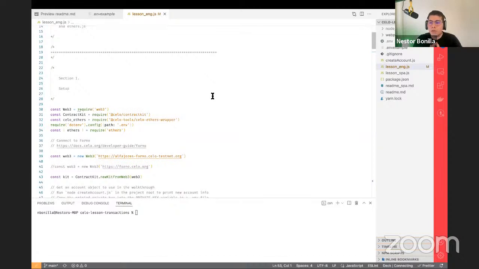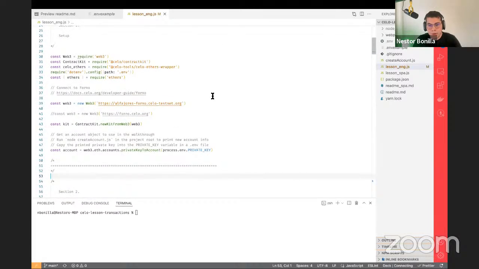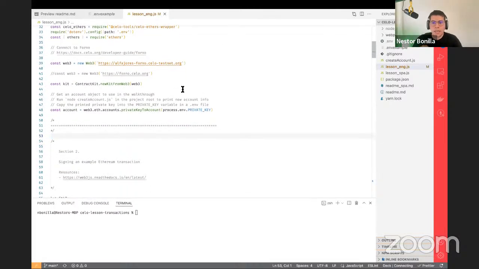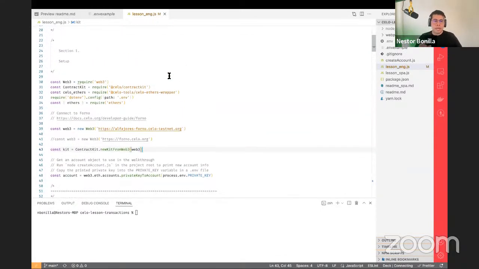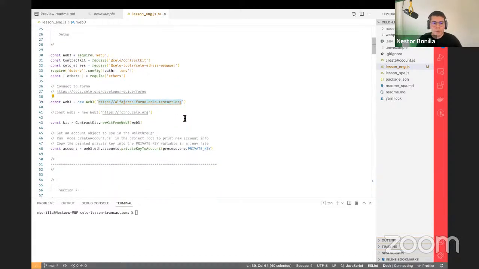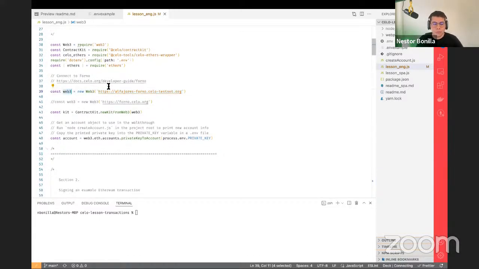First, what we're going to do is understand and view a transaction in Ethereum, because Celo is EVM compatible. So first, we need to create an instance of Web3. For that, we need to send the RPC. In this case, we are going to use testnet. We can use the default RPC of Celo, or we can use the RPC provided by Figment. So we can do it in two ways.